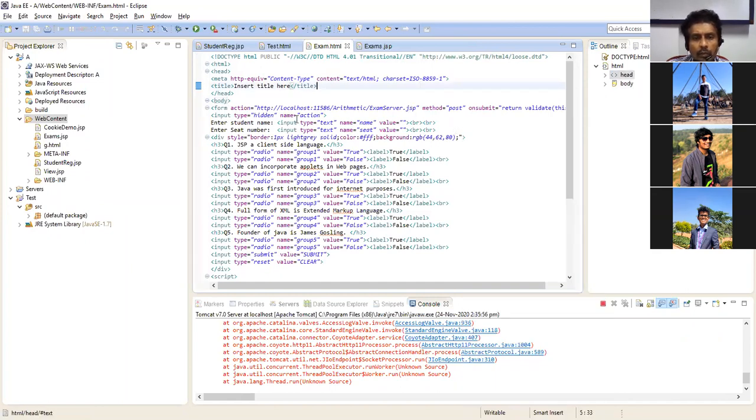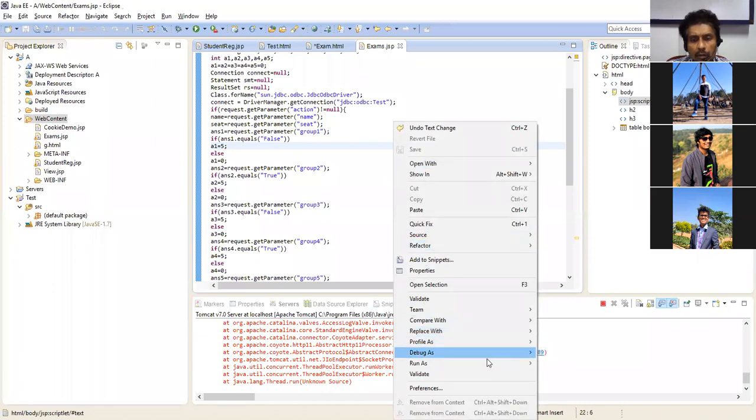And for the server connection, I need a server address. So the server address is going to be this one.